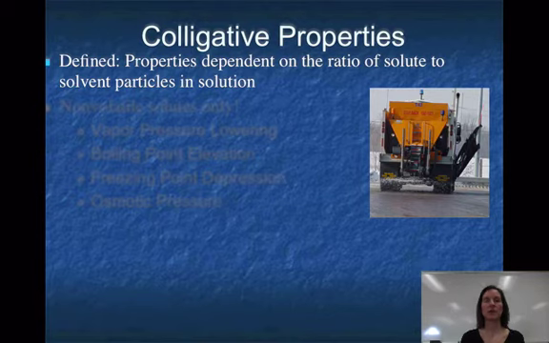So when we're talking about colligative properties, what we're talking about is a property that's dependent on how much solute is put into solvent. Okay, we're actually looking at how the property of the solvent is affected by a solute being dissolved in it. It's independent necessarily of the identity of the solute. We'll look at how the identity affects it slightly, but it's really more about the solvent in this case than